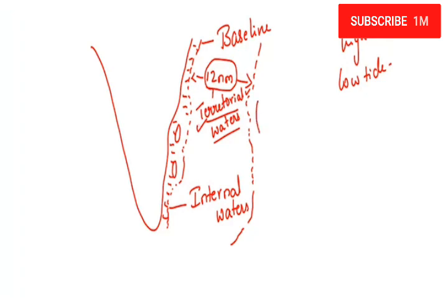Sometimes it is very difficult for us to locate where the ship is actually coming. Is it closer to 12 nautical miles, or should we stop it before it comes into our territorial waters, or should we stop it after entering? So to remove these doubts, there is an international organization called as United Nations Convention on Law of Sea, which says that there can be another 12 nautical miles from the territorial waters, or in total 24 nautical miles from the baseline. It is called as